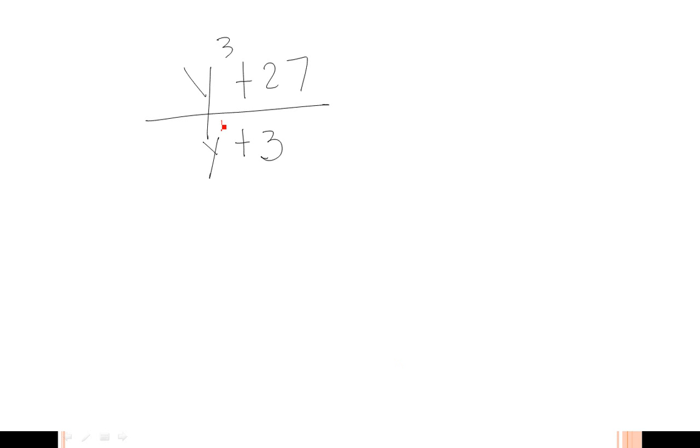This is y to the first power, and the coefficient is 1. So whenever you have a coefficient of 1 and degree 1 in your divisor, then you can use synthetic division. I want you to notice that you are missing some terms in the dividend. Which terms are you missing? If I had to rewrite this using placeholders,